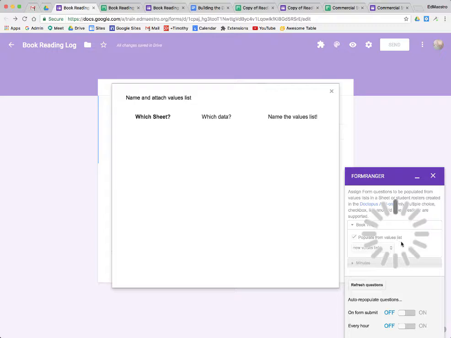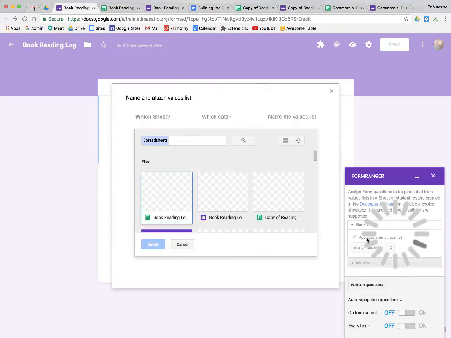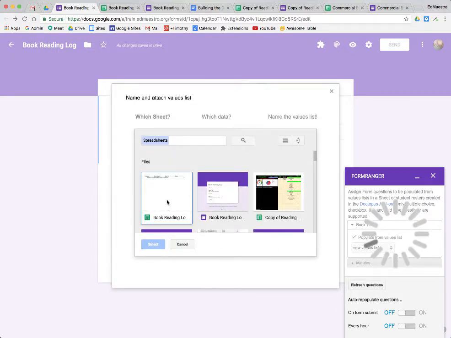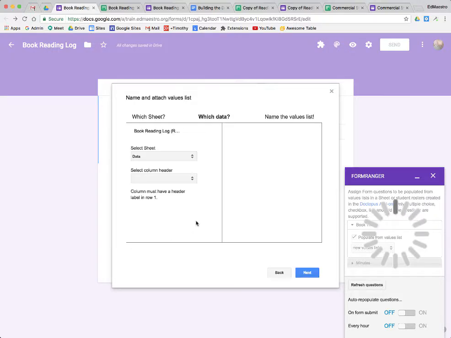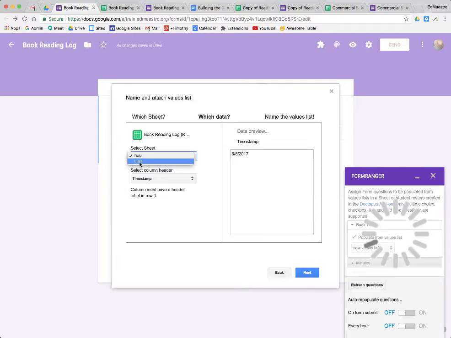It says, okay, great. Now, what values list are you populating it from? Well, I want to populate it from my most recent file, my most recent spreadsheet, which is this book reading log. So I'm going to select that. And it says, well, which data? Well, the data I'm populating from is this new lists sheet that I set up. And